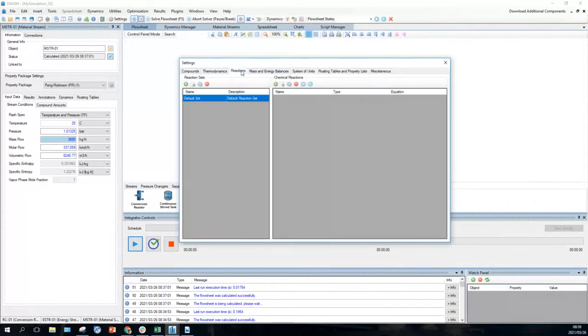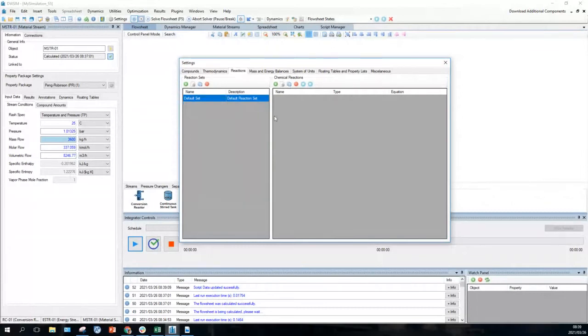So let's go to the reactions. Now you'll see two things. You can have a reaction set or a chemical reaction. At first, I wanted to do a reaction set and then add the chemical reactions that go with that reaction set. But that's not the way it should work. You have to add a chemical reaction first, or a number of chemical reactions, and then you can make a